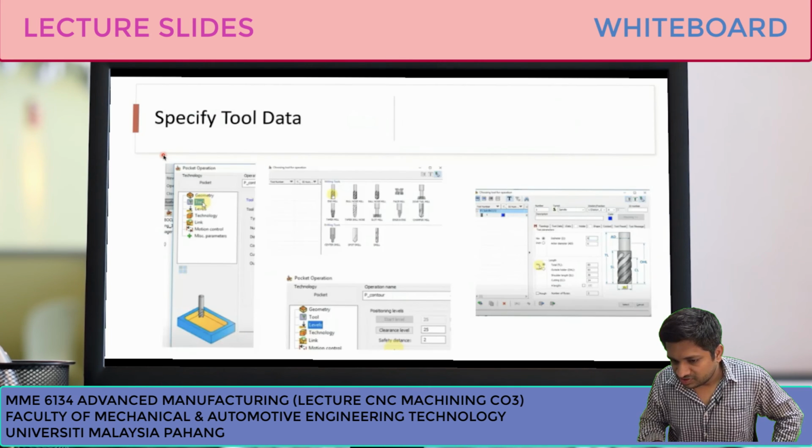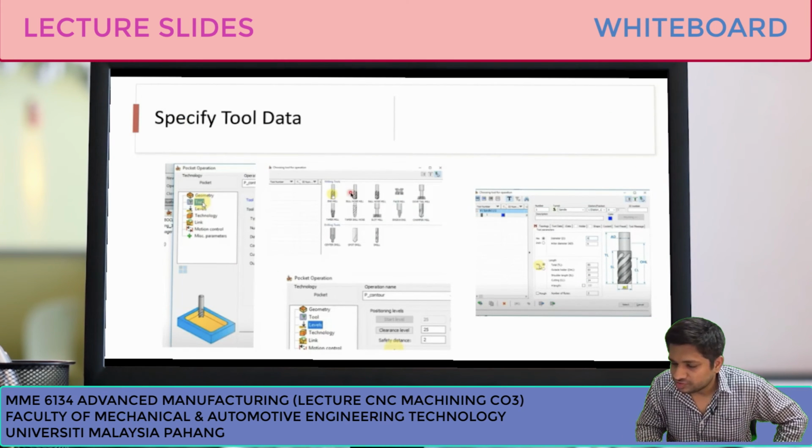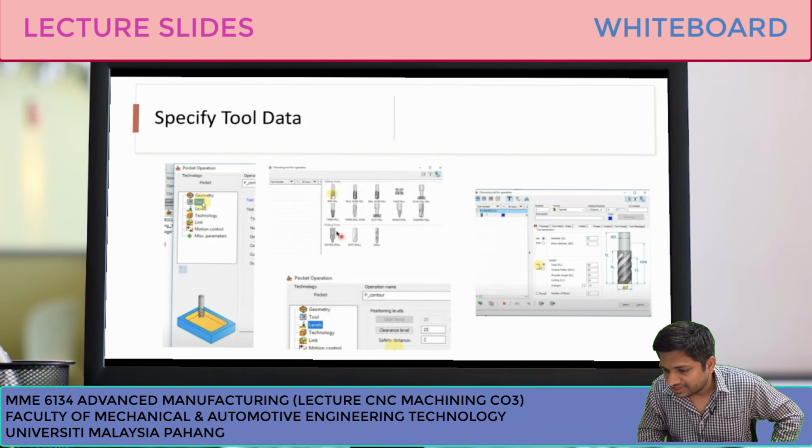You can see the name is contour. Then specify tool data, what kind of tool you are going to use. You can see end mill, nose mill, ball nose mill, face mill. These are the different types of cutters.